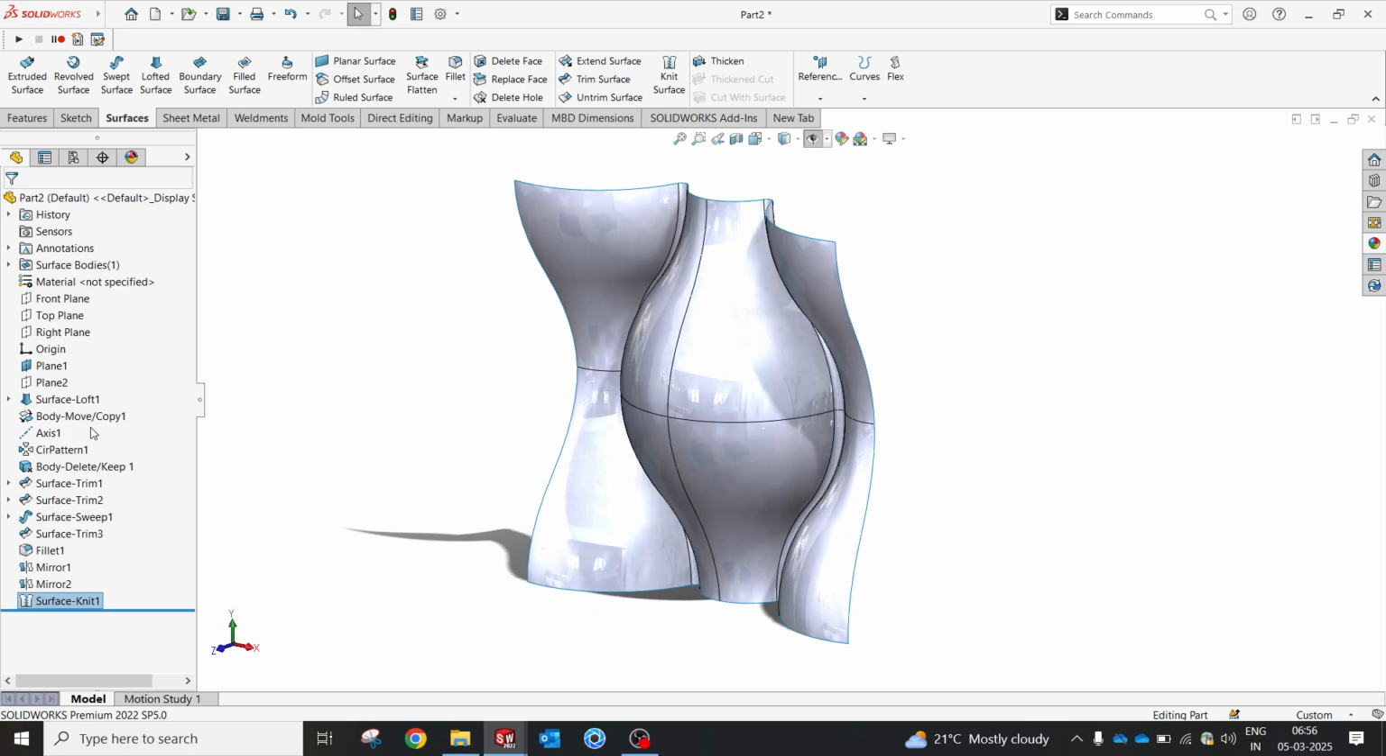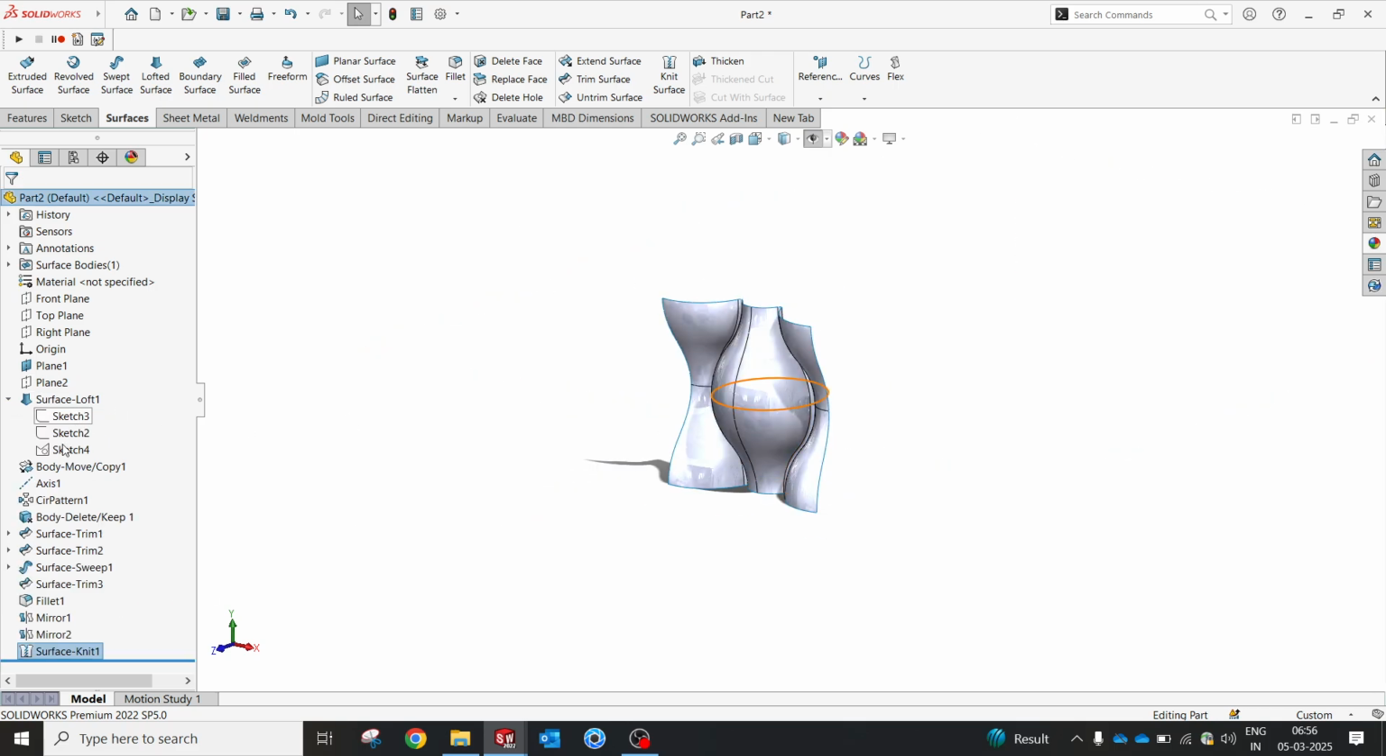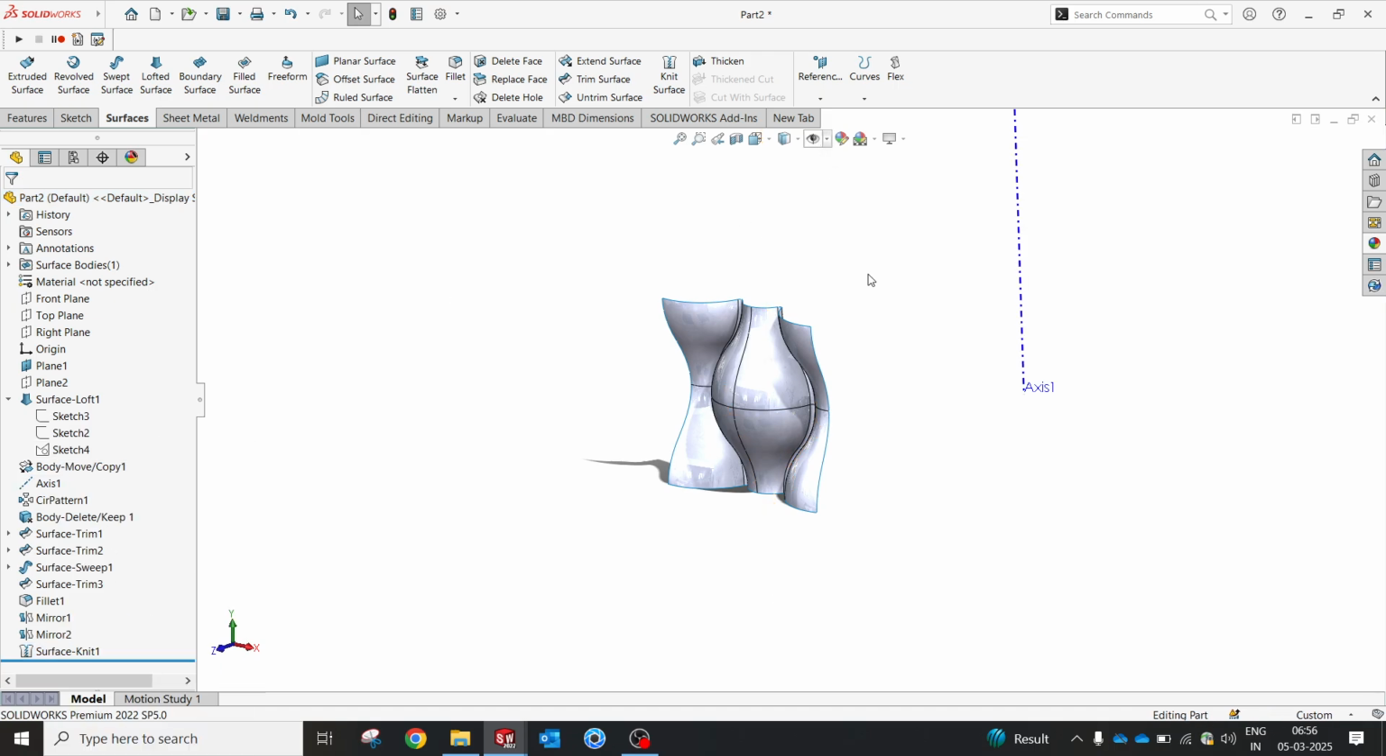Hope you have learned a lot of surface techniques: loft, trim, sweep, again trim, mirror, and now knit. I will switch on my axis. Okay, it's already switched on. I just want to hide it. Okay, now